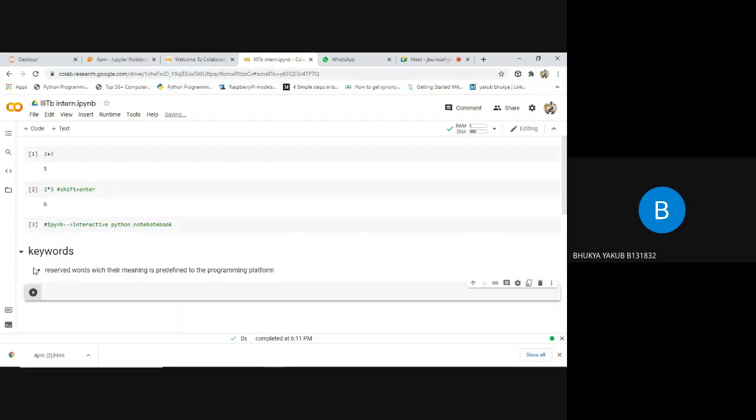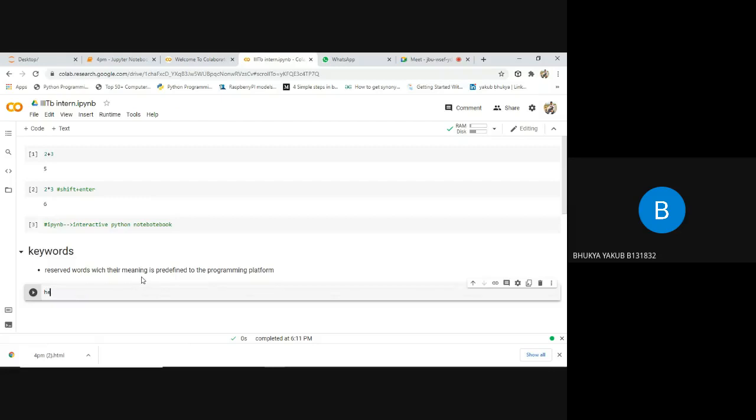I am running this portion. Whenever you run this portion, you can see it appears like a heading, and for that heading it appears like a text. Like this, you can write any text information, as well as any code also. See guys, by default a code box will be created if you execute this portion by using shift enter. Now we are not familiar with any programming language.